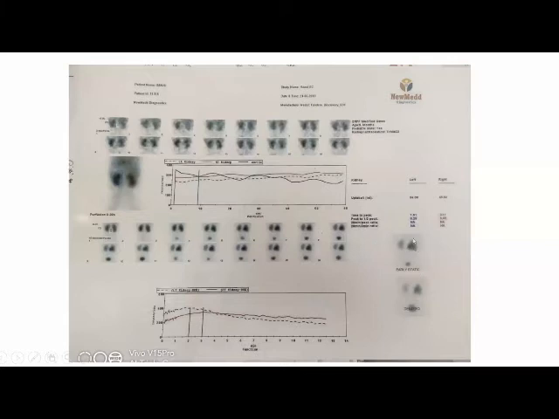In the early static image, there is some more excretion, and if you see the delayed image, this is the importance of the delayed image in such cases when there is doubt. You can see that there is a washout of the dye when compared to the early static, and there is washout of the dye in the delayed images. So which gives a split function of around 45%. And in such cases, we can always keep the child on follow up and observe with serial ultrasound and EC scans.